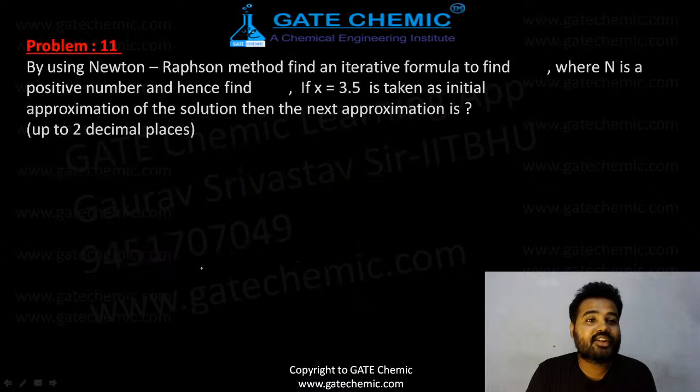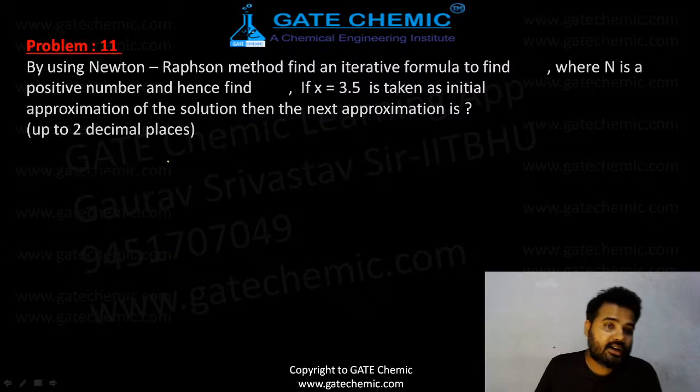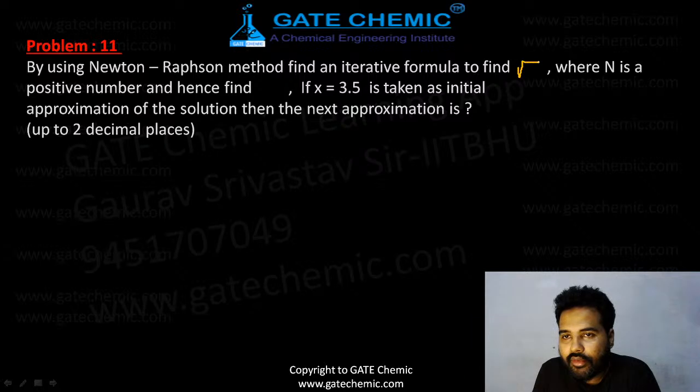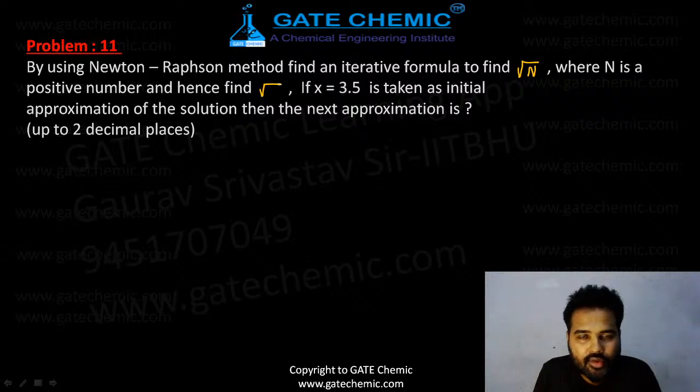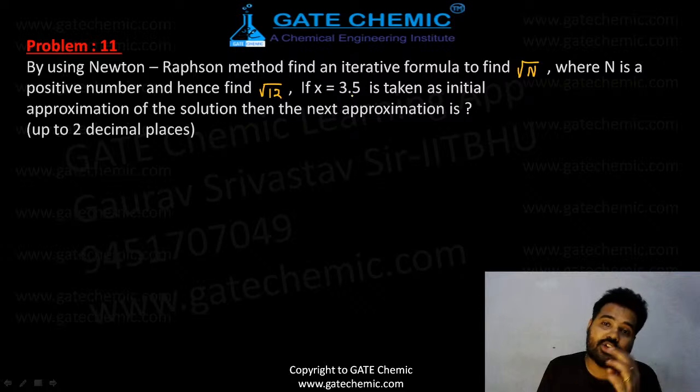Okay, very good. So this is beautiful problem number 11. Another type of problem relating to the Newton-Raphson method. Okay beta, no problem. See here. By Newton-Raphson method, find an iterative formula to find root n, where n is a positive number, and hence find root 12. If x equals 3.5 is taken as the initial approximation of the solution, then the next approximation is